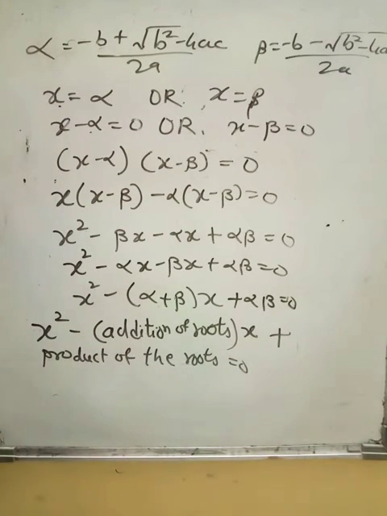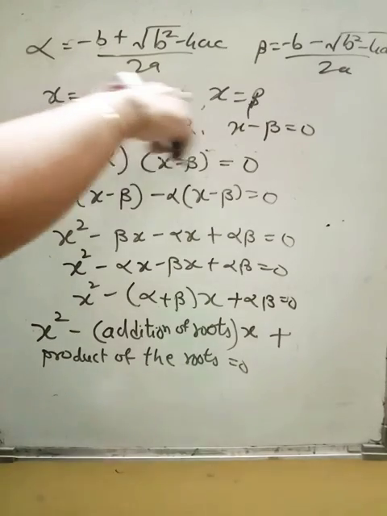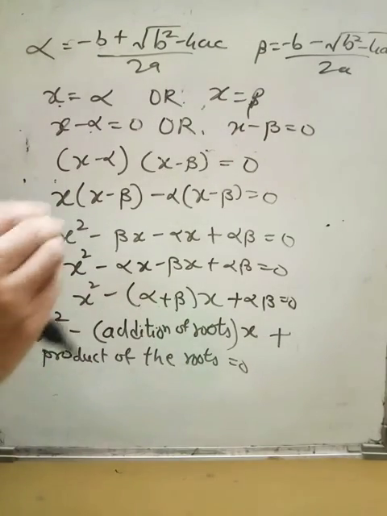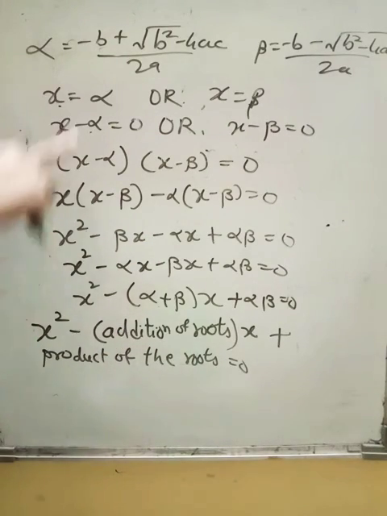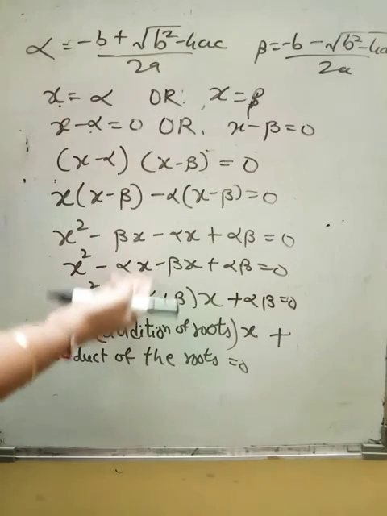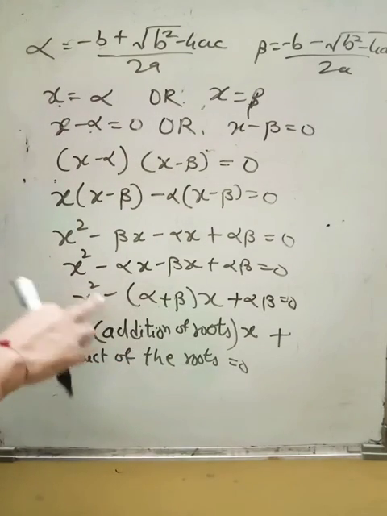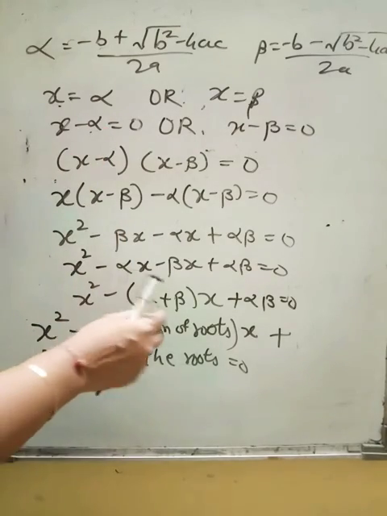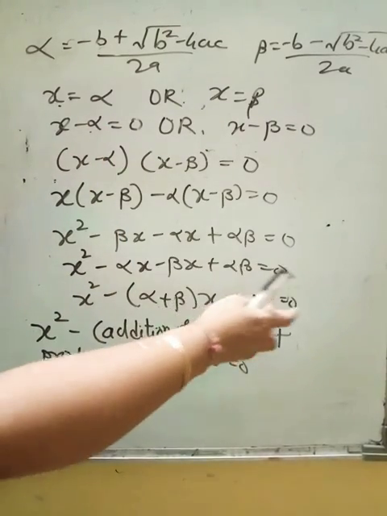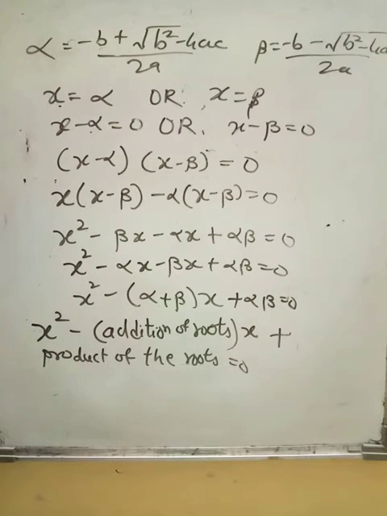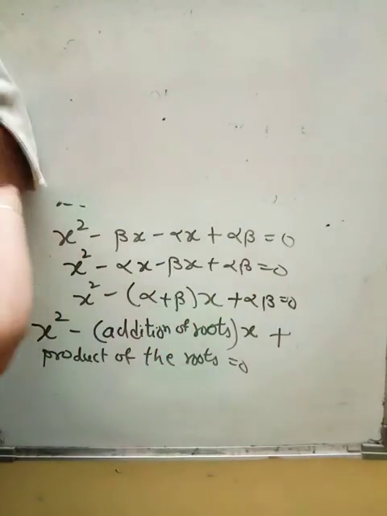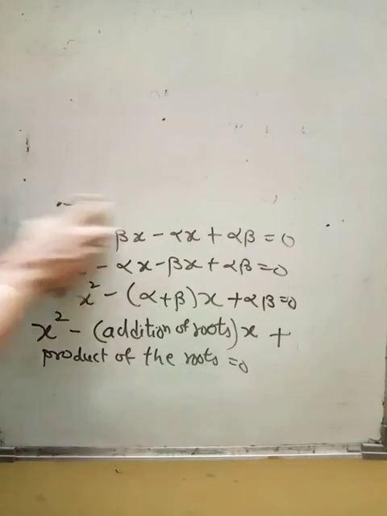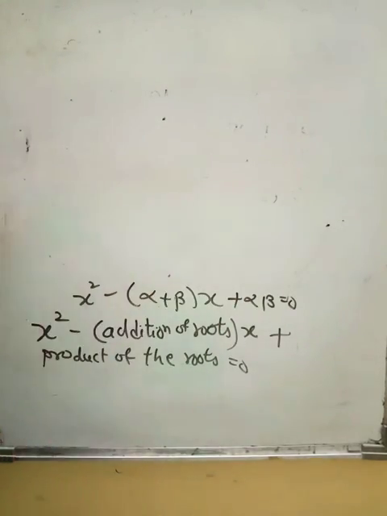So children, in a way I am learning that if someone gives me the roots of an equation, then you can form the quadratic equation, because with any values of alpha and beta I am able to do that. What you have to do: x square, then the minus sign, don't forget the minus sign, minus the sum, and then plus the product, isn't it? So isn't it simple? So let me have an example of it. Okay, let's try with this. I am keeping the equation here in front of you and I am giving you the roots. We will try to get the equation.